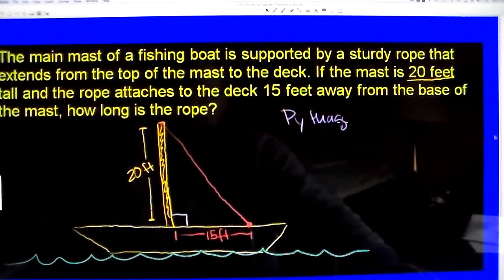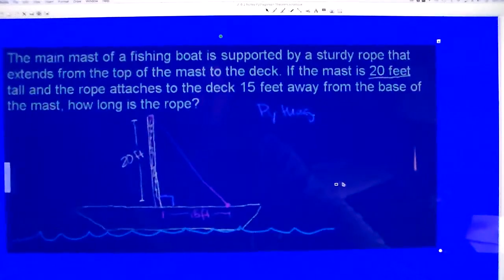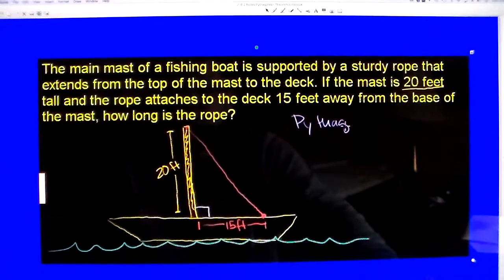Alright, now we can apply this stuff to word problems. The same concept applies to word problems here. So the main mast of the fishing boat is supported by a sturdy rope. That sturdy rope right there extends from the top of the mast all the way to the deck. If the mast, which is the pole that sticks up on the sailboat, is 20 feet tall and the rope attaches to the deck 15 feet